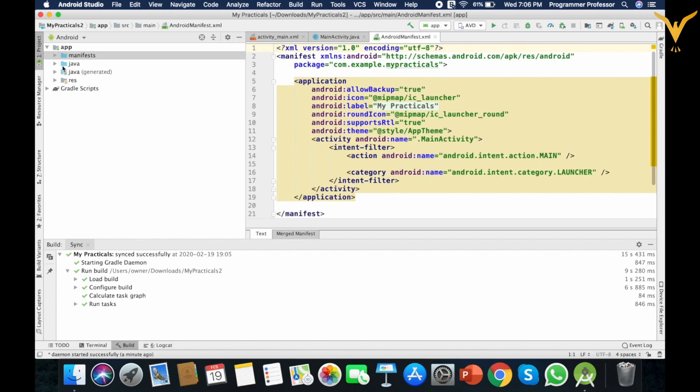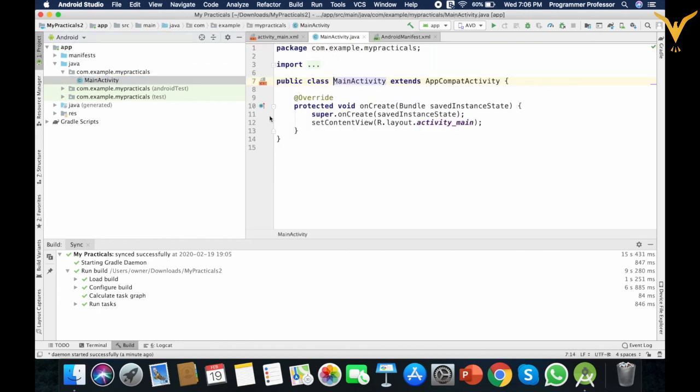Then you have this Java folder. It contains three different packages where you have Java file for a particular activity. Here you can create n number of classes, n number of activities. If you create any activity, it has two components.